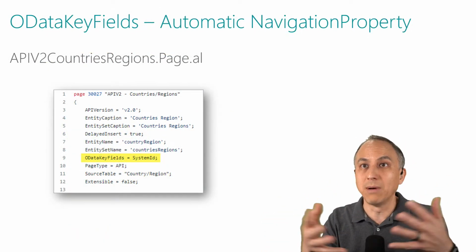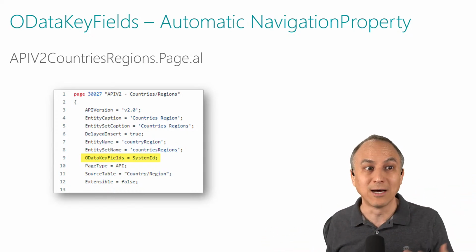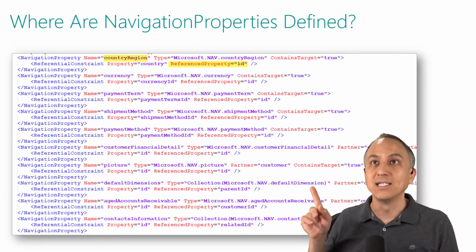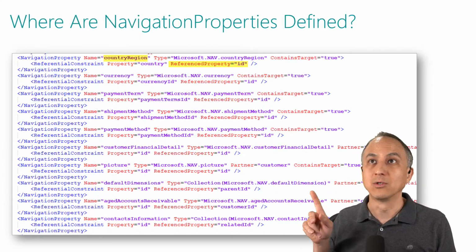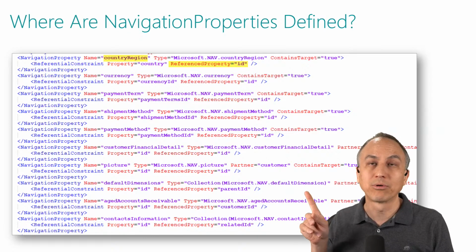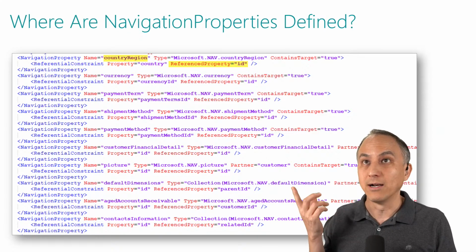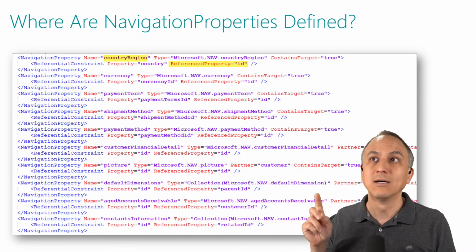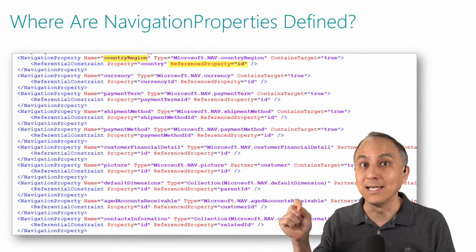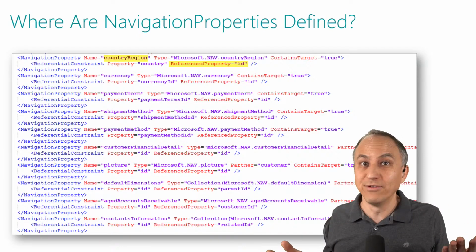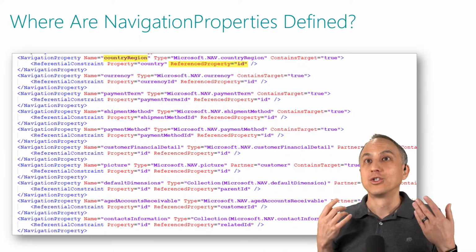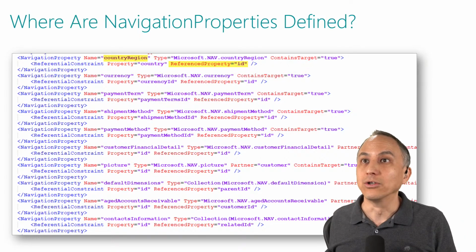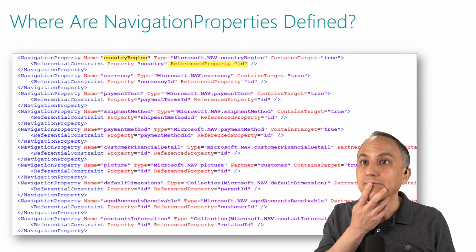I think something about that automatically makes those link up such that these navigation properties work. And here you see the navigation property, it's being generated automatically. So country region reference property is ID. We don't have the country region ID, so it can't make that relationship. And you'll notice that,